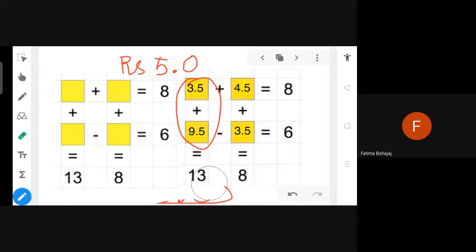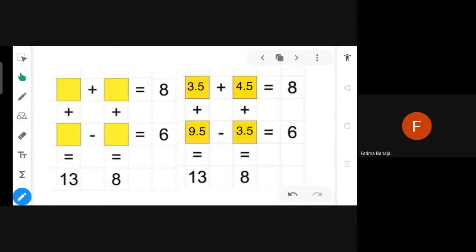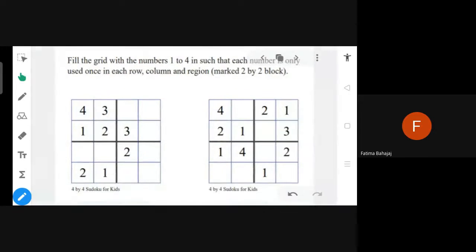Yes, ma'am. The same way you have to do addition of these two also. So you will get 8.0, which is equal to 8 only. And when you subtract, you will get 6.0, which is equal to 6 only. The same way here vertically. So this was the puzzle which we have solved. Next is this puzzle, which I will explain at last, in the last 5 or 10 minutes. This one is even easier.